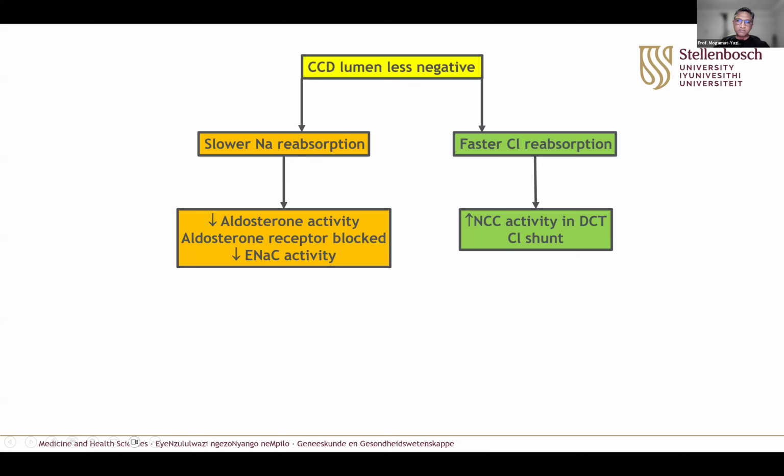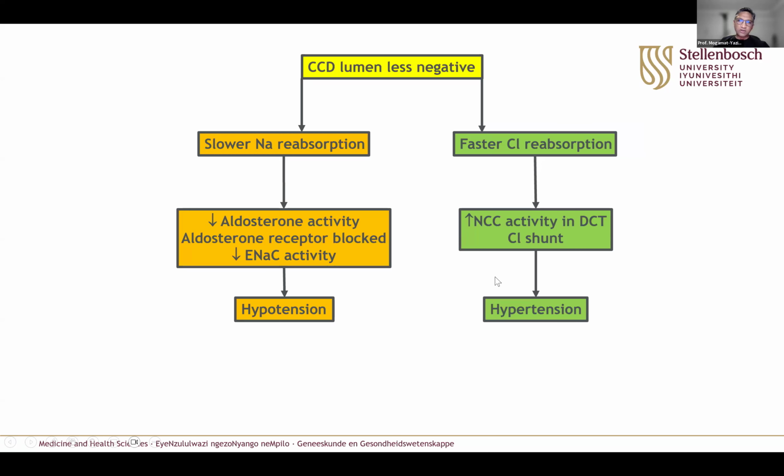In fact, the mechanism by which cyclosporin causes hyperkalemia is through shunting of chloride in the cortical collecting duct of the nephron. Now, there is a way to distinguish these two mechanisms based on the blood pressure. When there is a deficiency of aldosterone or the effect of aldosterone or the ENaC channel, the patients will either be normotensive or hypotensive, like I'm indicating here.